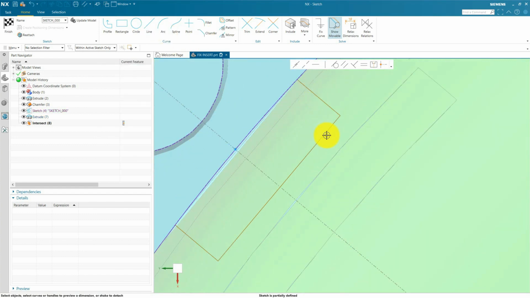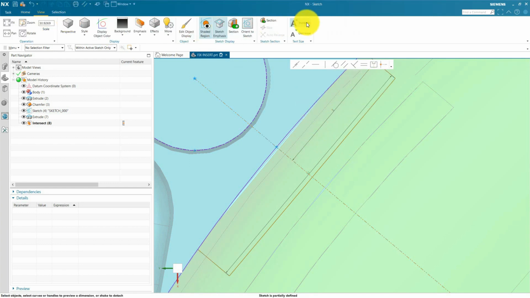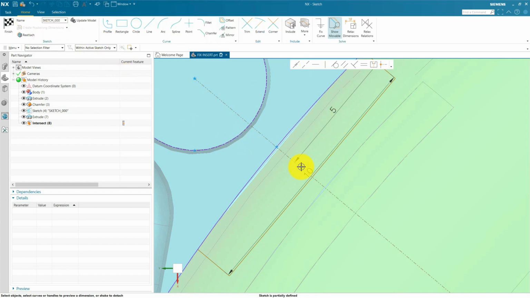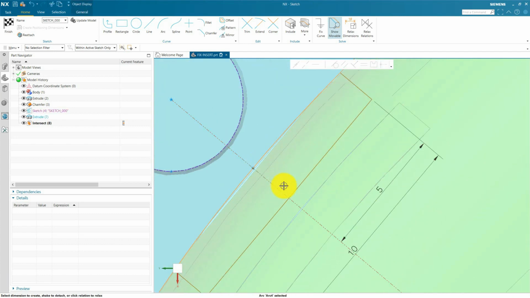and next we are going to define some dimensions. We use this 10 mm, and from here to here we use 5 mm. I am going to increase the text size so you can see the dimensions easily. Okay, you can see 10 and 5, and now we are going to use the dimension from here to here.